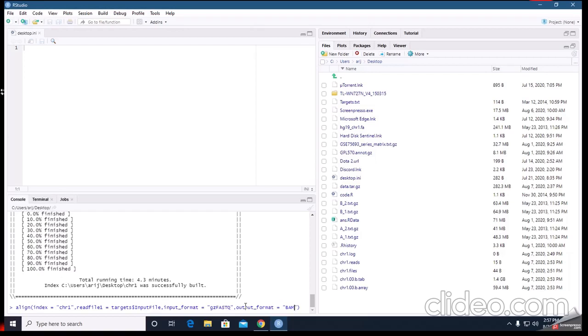Okay, and the SAM file contains sequence alignment data. Okay. Now we want our output in BAM format, binary format. And now I am going to declare my output file.